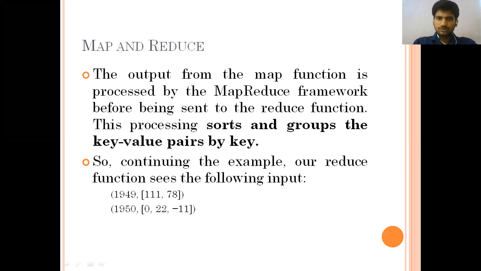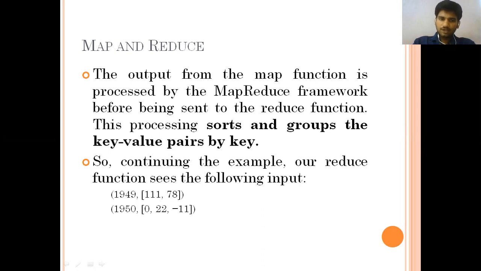So this is the final output. Even before going to the reduce function, we have different sets of data, and that data is also made into a group. What does the group mean? In this group we have only one 1949 and one 1950, whereas previously we had 2 entries for 1949. With this data, again in different sets, the maps are merged into this set.